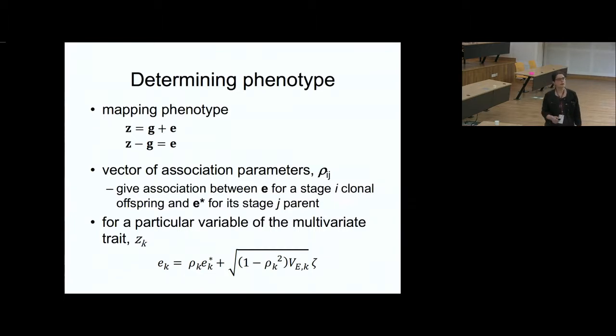So basically, what rho tells you is how much of the offspring's environmental component is random. So if rho is 0, as it is for sexual offspring, this term is gone. And then you're basically just picking the environmental component from a random distribution. If rho were to be 1, this is 0, and the environmental component in the offspring exactly looks like the environmental component in the parent. And so this is just sort of the scale of where you are along that continuum. Let's do that.